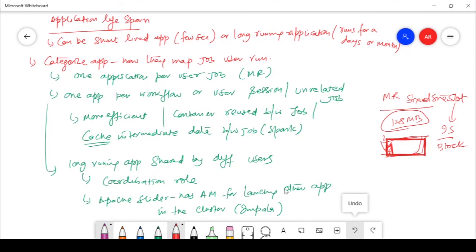And even in YARN, you can have a memory of 4 GB, or 40 GB, or 400 GB, depending upon the availability in the node manager. So this is the dynamic size of the container. The container is actually a combination of RAM plus your CPU cores. Now just try to understand: if you have a fixed size, then you are not flexible. When you have dynamic, whatever amount of memory you need, and it is available in the node, you can allocate to that. So this is the flexibility.